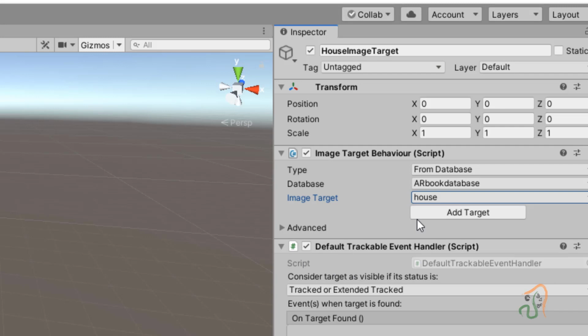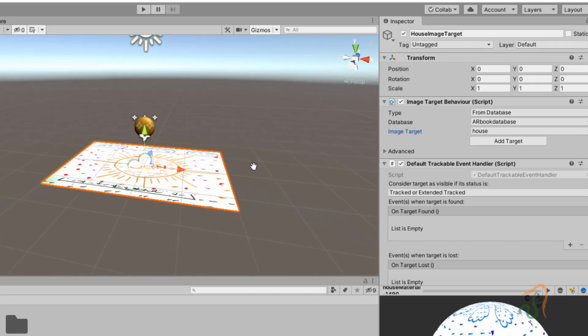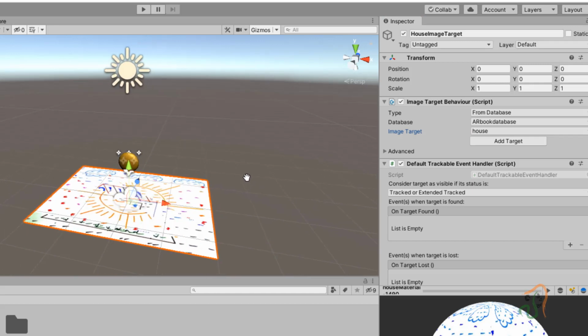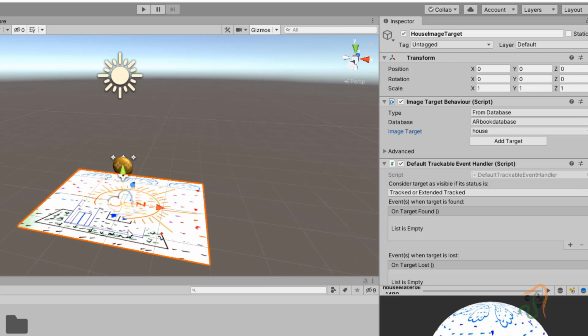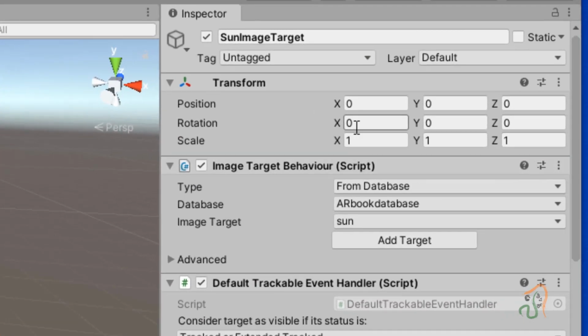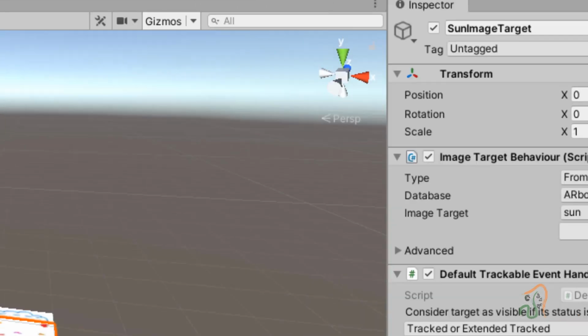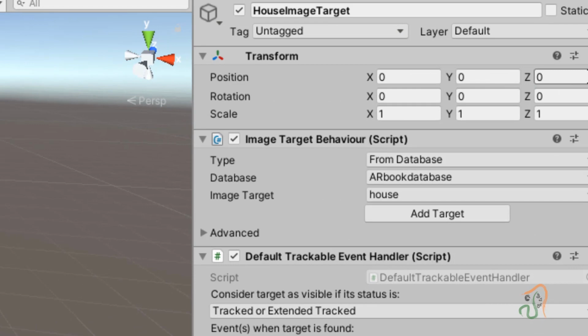Once we have selected the house, if you come to your screen and middle press the mouse and move it, I can pan it up. You can see that you are not seeing the house picture here. The reason is that the sun image target is at position 0,0,0, and the house image target is also at 0,0,0.